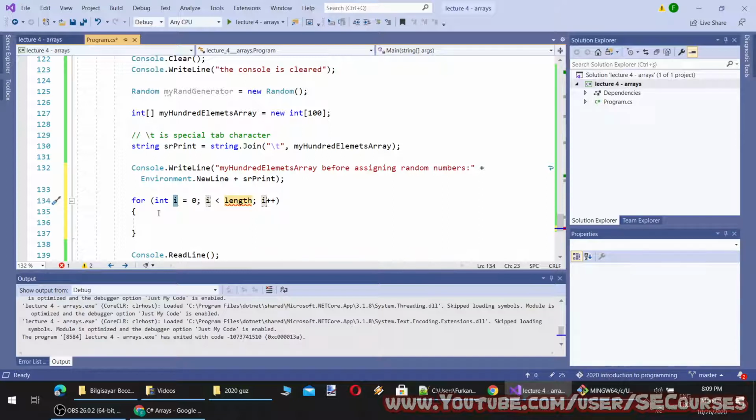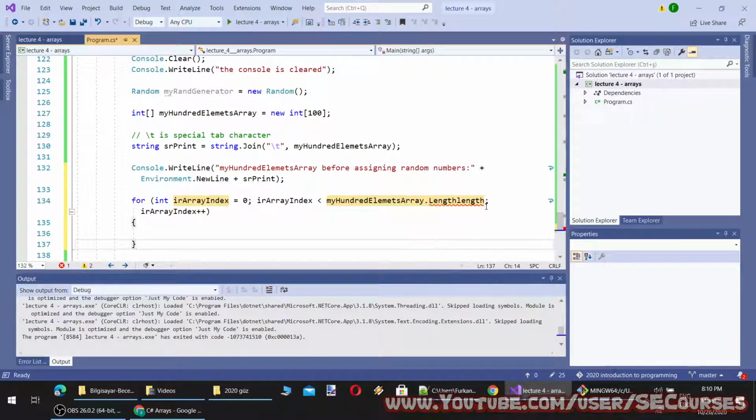And I'm going to define my array index. Currently you see the letter i is highlighted. When I type something, it will be changed. I'm typing arrayIndex. When I hit the tab button, it will replace the remaining naming. And I'm going to set the condition where I will end the for loop. So the condition will be the length of the array.